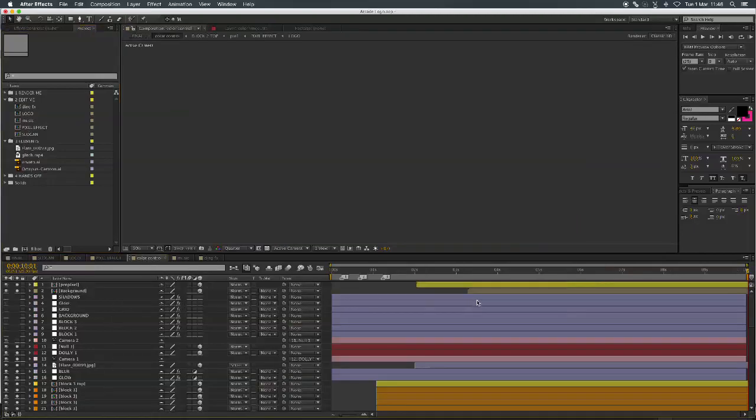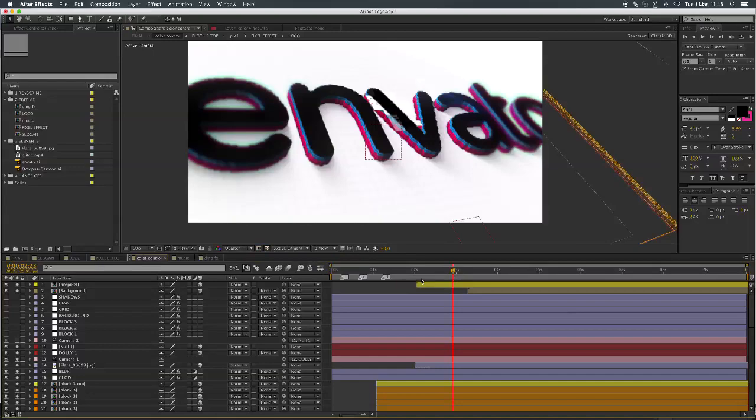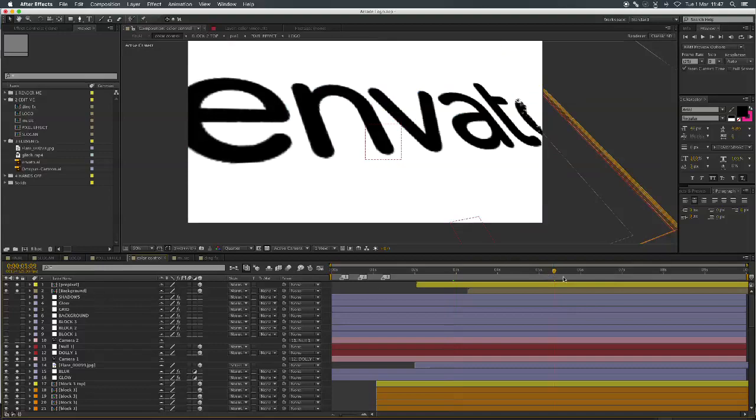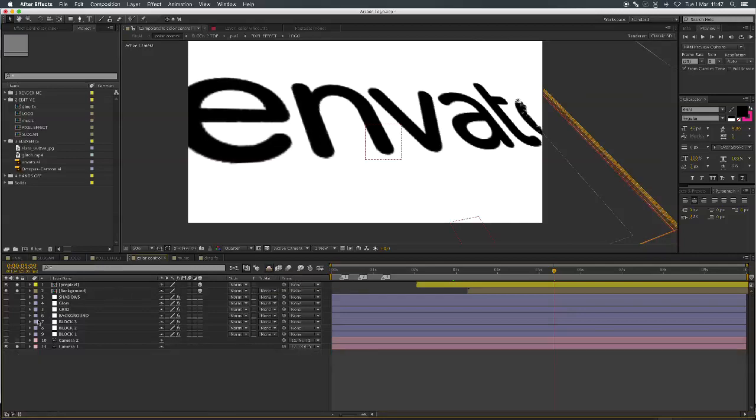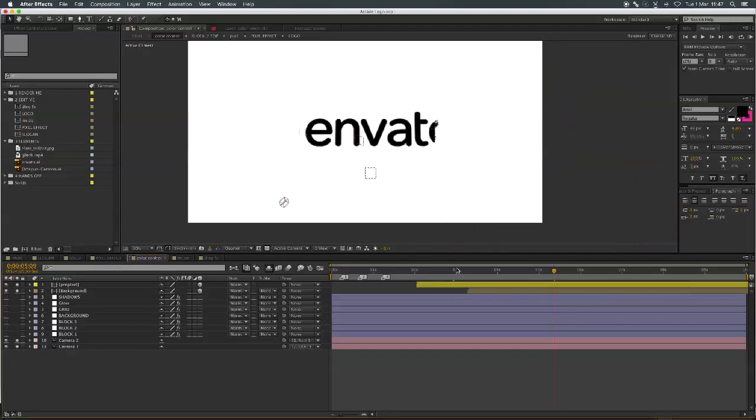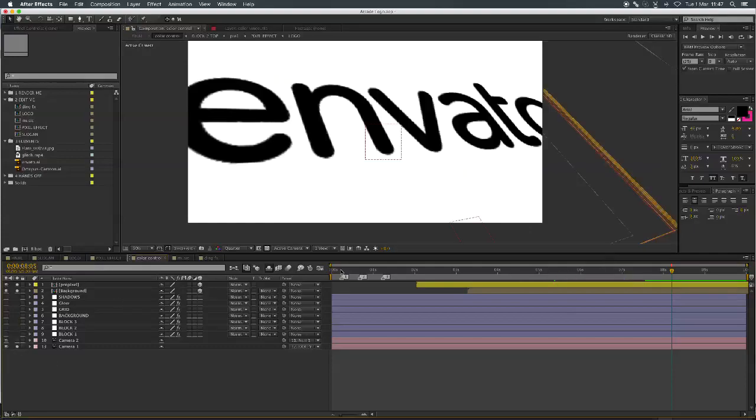Just got the color control here, and the color control basically works with these three positions, and actually a fourth position over here. This is to see your colors at the end, so you can just turn that off. Just go here and turn camera 2 on so you can actually see your end logo right there, and just turn that camera off if you want to see